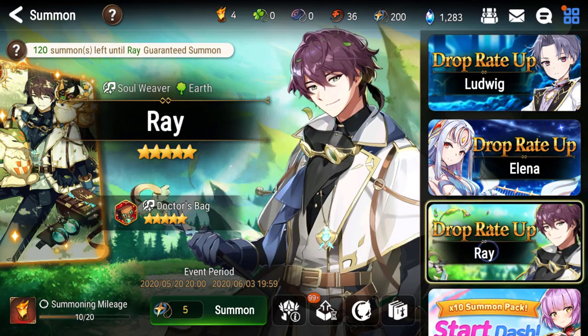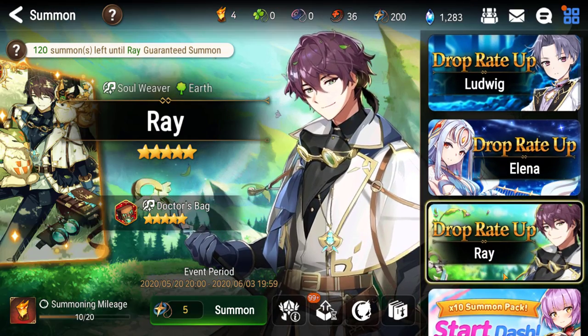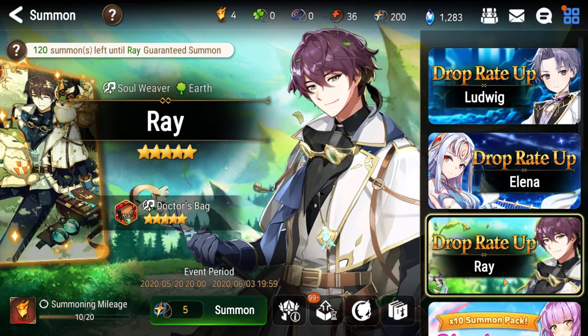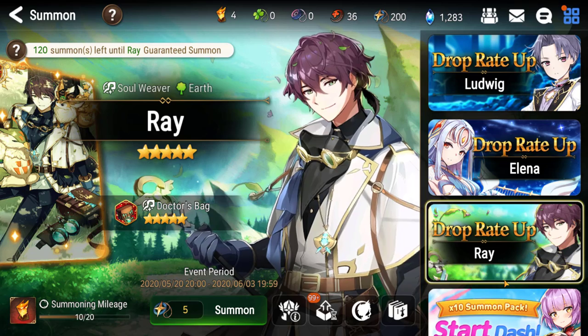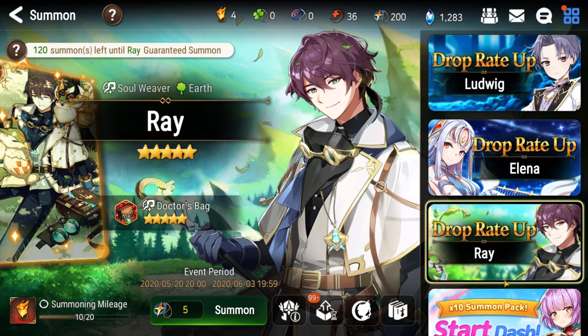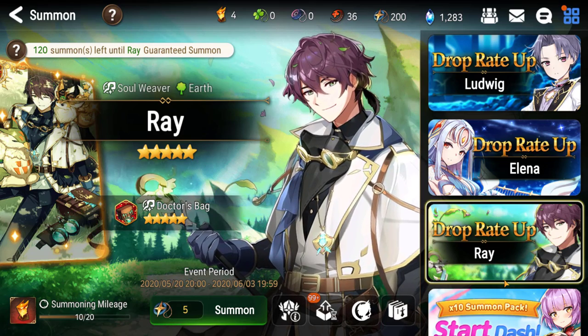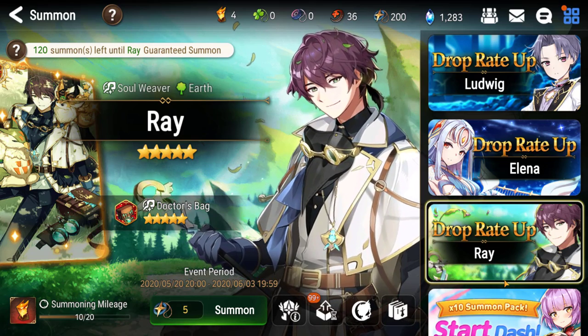Ray is the last one that you should really pull. Currently he's not a strong healer, I would say. He's like a combination of a healer and a support unit. So basically, if you don't have a healer, if you don't have Angelica, Momo, then pull him. Yeah, he would be a good